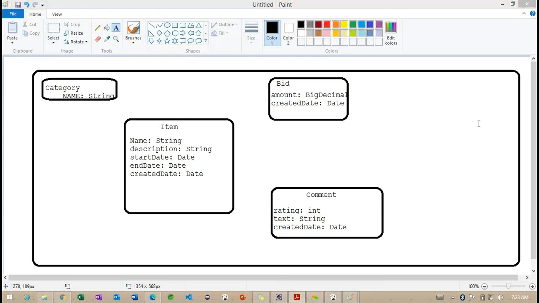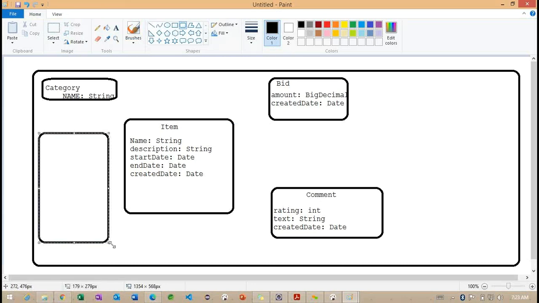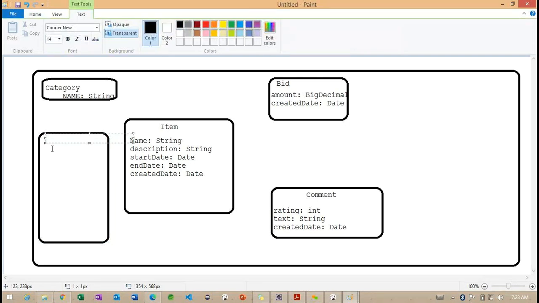And later, we are going to work with the user section. So let me create a user here. Here, we'll check with the user. User will have different properties. The user will have something called username and password.